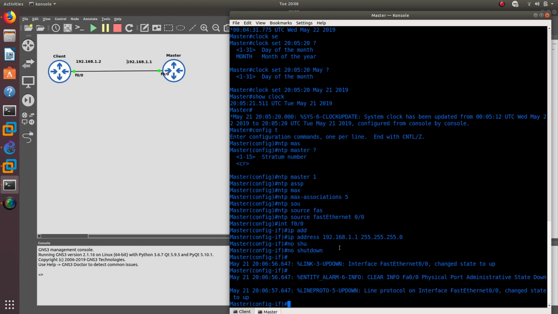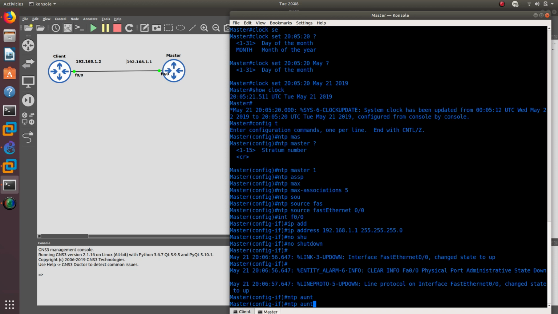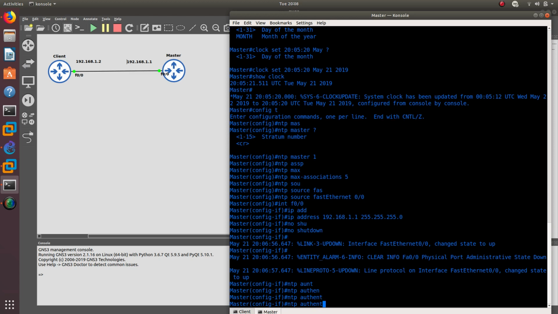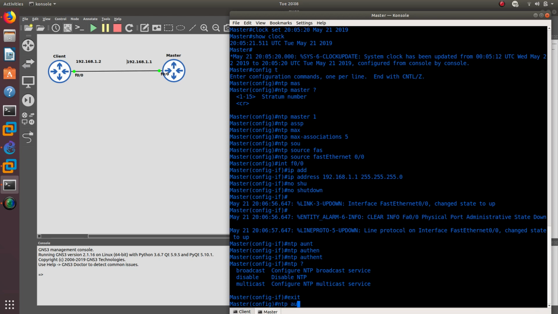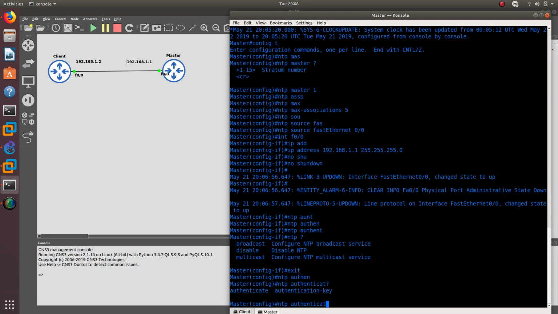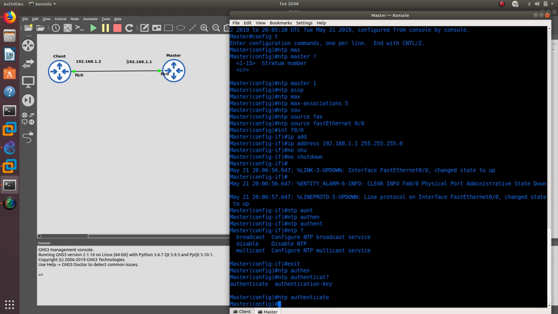If we get NTP requests from another interface, my router is going to deny it. Okay, so now let's go ahead and turn on authentication on this router. If I know how to spell it, authenticate. Let's see, NTP. Huh. So on this router, I cannot do that. Oops. Oh, that's because I'm on the interface. Let's go ahead and exit out of here. NTP authenticate. Here we go. I was worried a little bit. So let's go ahead and turn authenticate on, and then let's configure an